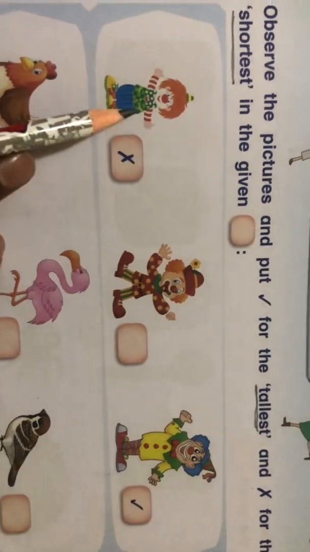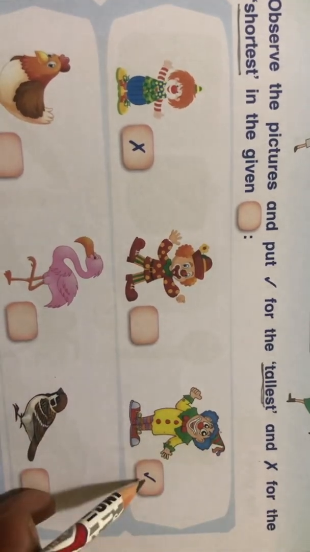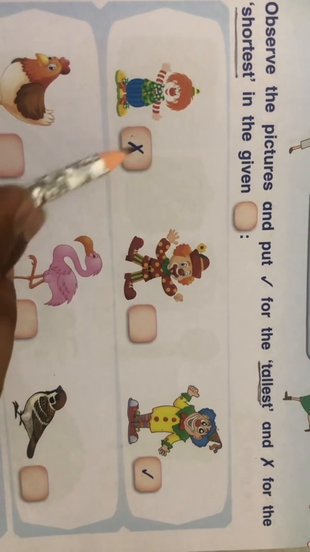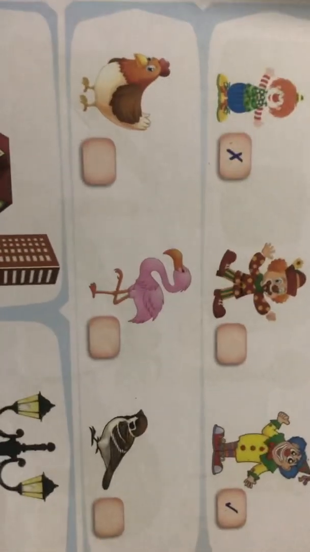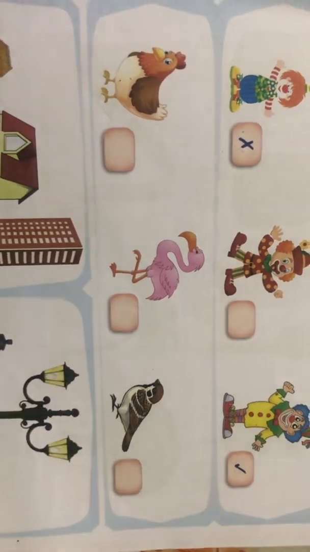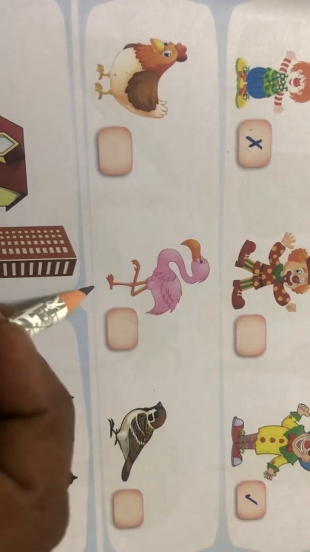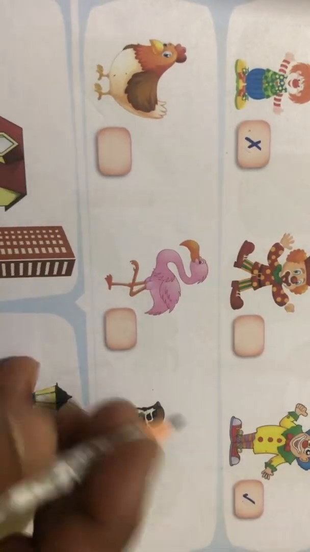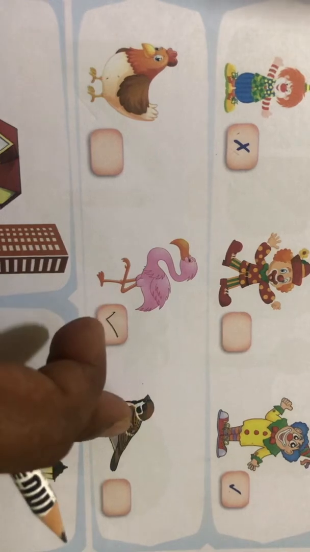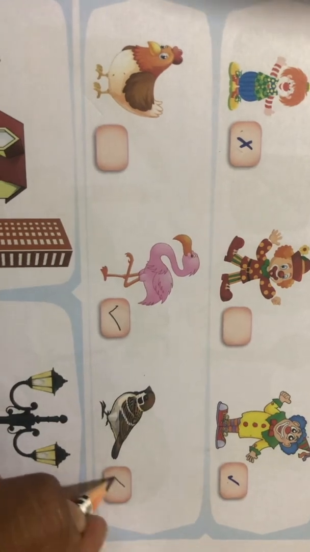Okay, so as you all can see जोकर दिए गए हैं 3, और इसमें से सबसे लंबा ये था, so उन्होंने यहाँ पे right mark किया है, and this one is the shortest one, सबसे छोटा था, so they put here wrong one. Okay, now see here 3 birds are given, the hen, flamingo and sparrow. If you'll observe it, the height of the flamingo is the tallest, is more than these two, right? So we'll put here right. अब बच्चे ये दोनों, तो इन दोनों को अगर हम कंपेयर करेंगे तो हमें अब शॉर्टेस्ट चाहिए, तो शॉर्टेस्ट इज पैरो, छोटी है, सो पुट हियर रॉन्ग मार्क.